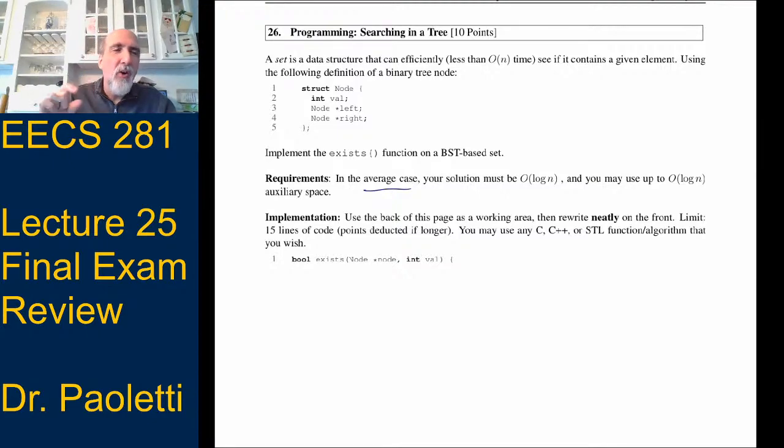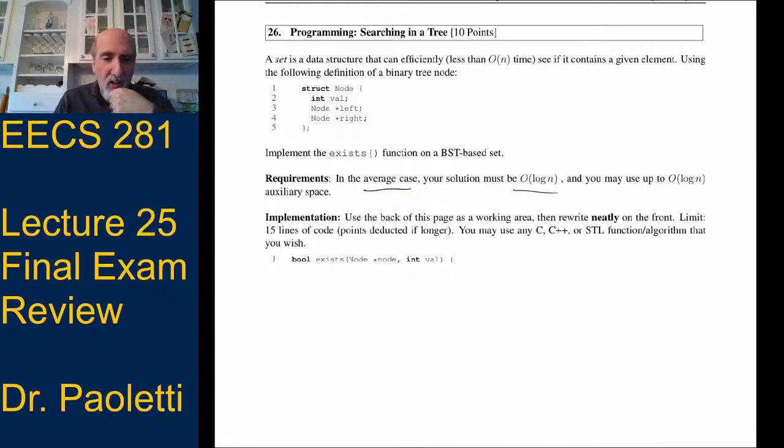And I say big O of log n because it's best or worst. Like best case, you can always find it at the root. That's why this says big O, because we could always get lucky and find it at the root. It could be O of 1, but on average, it's going to be log n. And if it was an AVL, it would be worst case log of n, and average case log n, but best would still be O of 1.